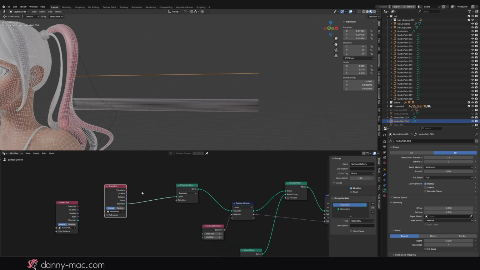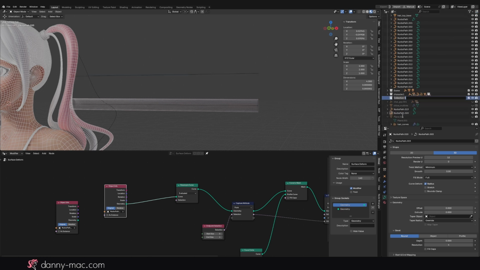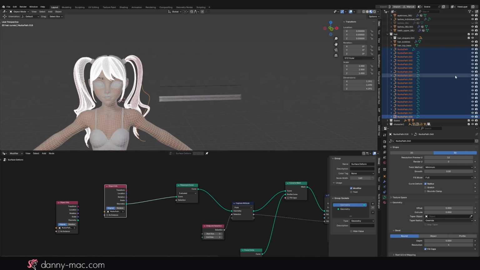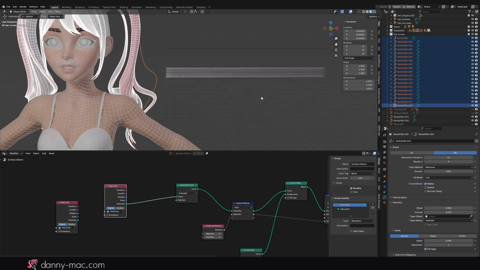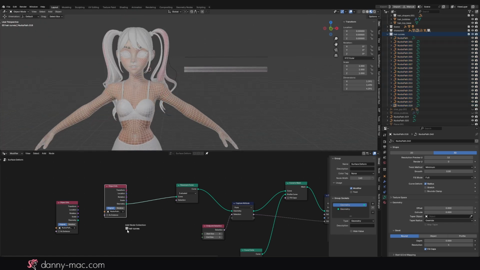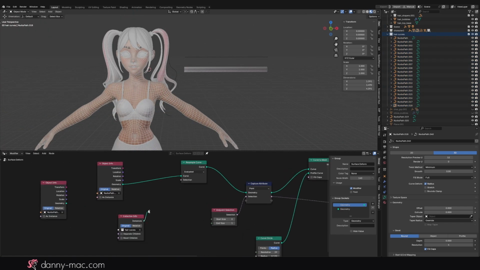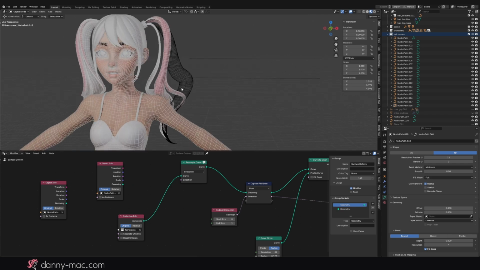editor. So the way around this is instead of converting an individual curve, we can convert a whole collection of curves. So if I add a new collection, and I call this hair curves, and I grab all of these curves that we have that make up our hair here, drop it into the hair curves collection. Now what I can do is drag this into here, and if I plug this straight in, you can see we do